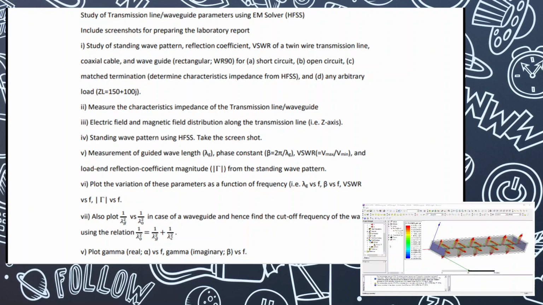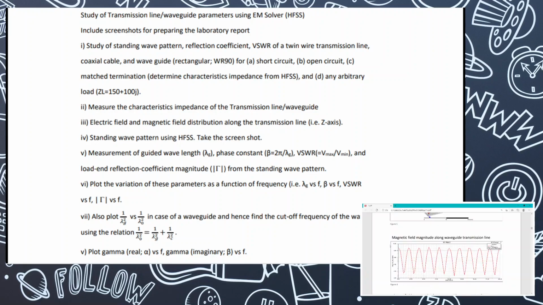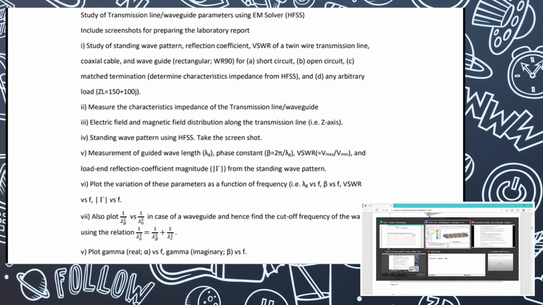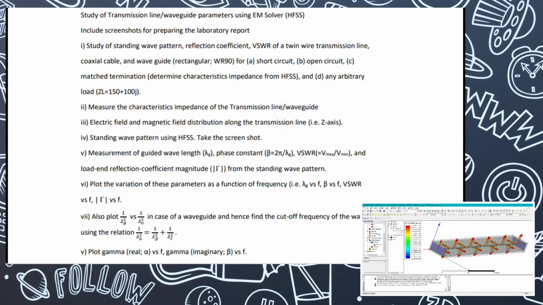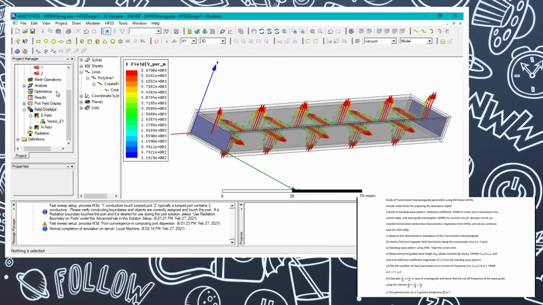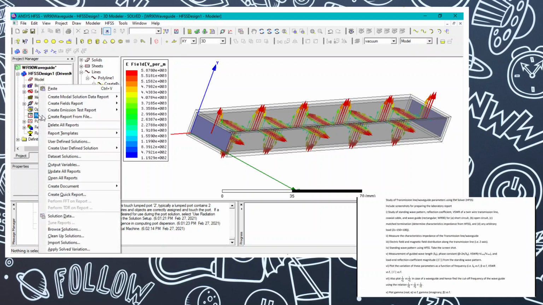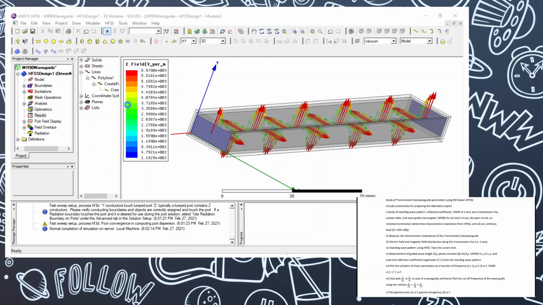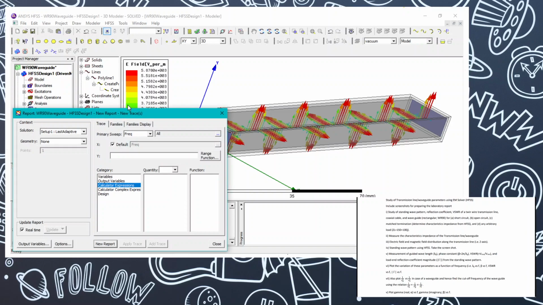For viewing the magnetic field distribution and electric field distribution along the transmission line, what we do is just go over to the section which is fields, and click create field report, rectangular plot.